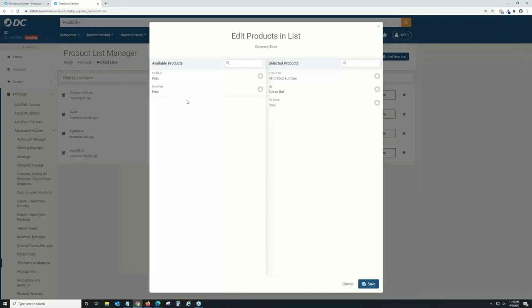If I move these other two over, then when they go to look at the product, like search for the product, all three of them will show up. If you only put one in there, it's going to have it all under one product, and you'll see here in a second that it'll have the different styles they can choose from. So I'm going to click save,